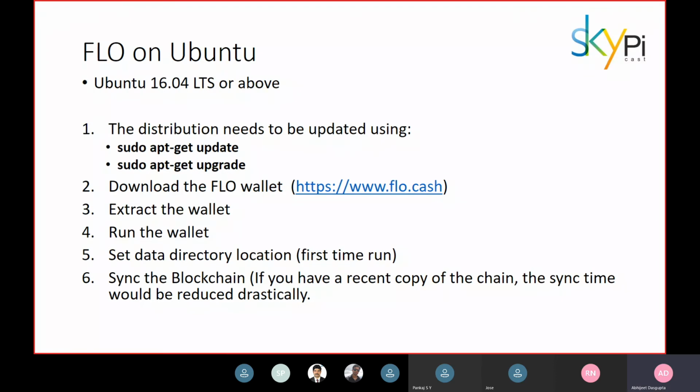Both these commands will upgrade all the repositories and packages of the Ubuntu Linux that you have installed. The sudo command at the start of both these commands runs them with super user or root privileges. Once we have updated and upgraded our Ubuntu version, we will need to download the FLO wallet for Ubuntu,